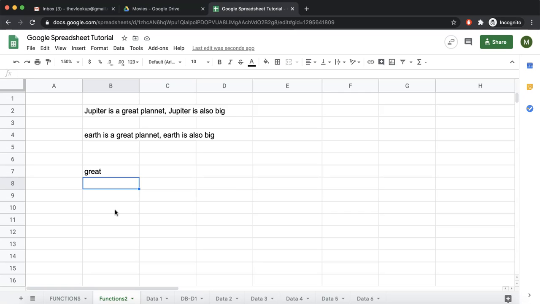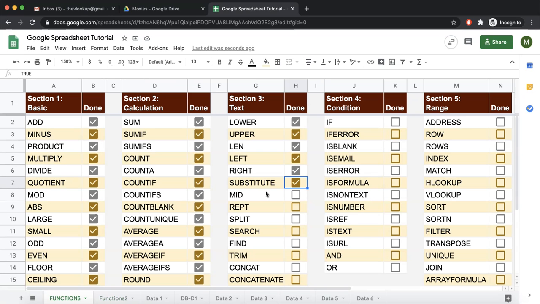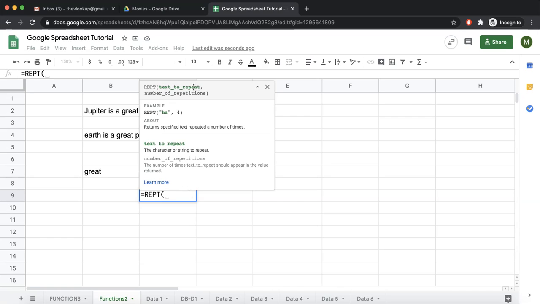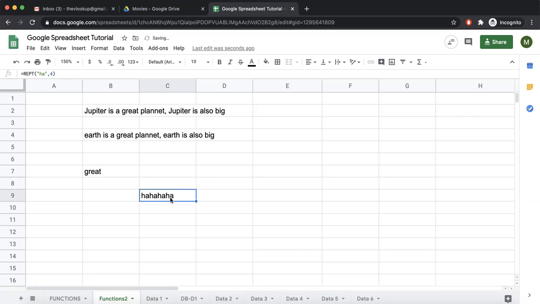So from any string starting at any point, you can extract certain characters using MID. I have not used it much, but maybe you do some kind of project where you need to use this. So you should know. REPT. Equal to REPT. Text to repeat, number of repetitions. So if I give it text as HA, comma, number of repetitions is 4. So this is your ha ha ha ha, which you type when you find something very funny.